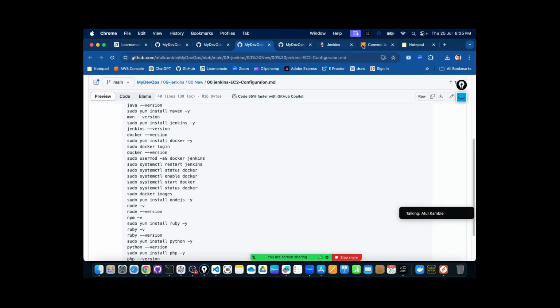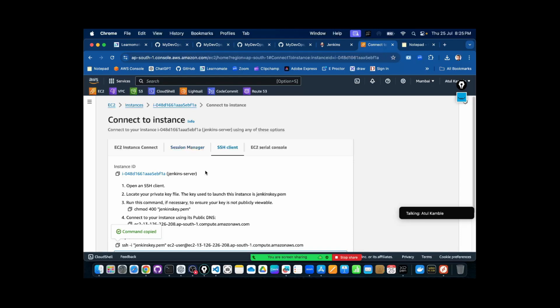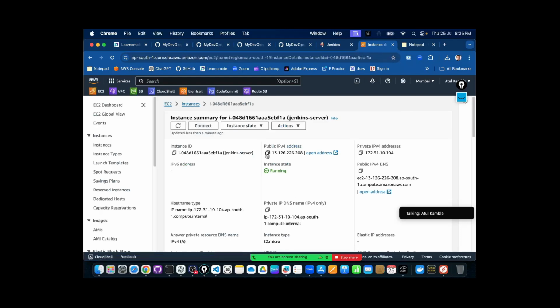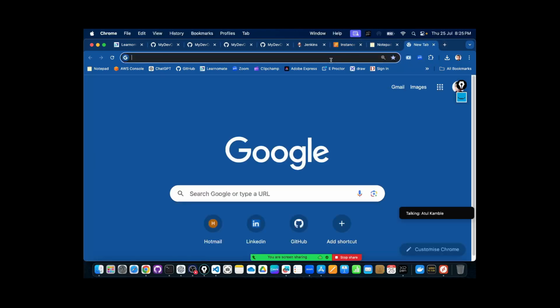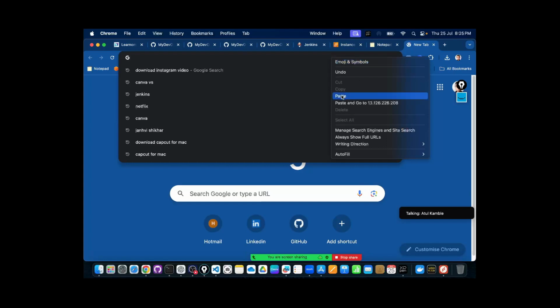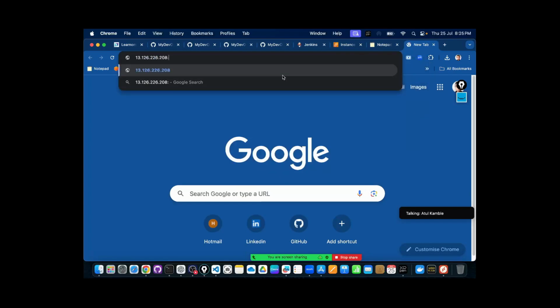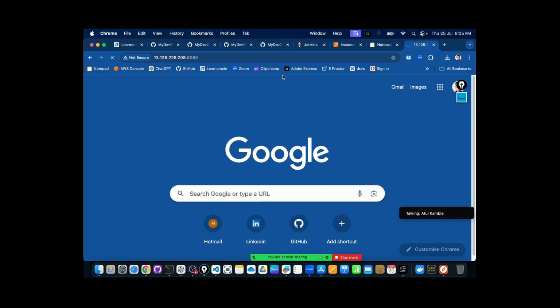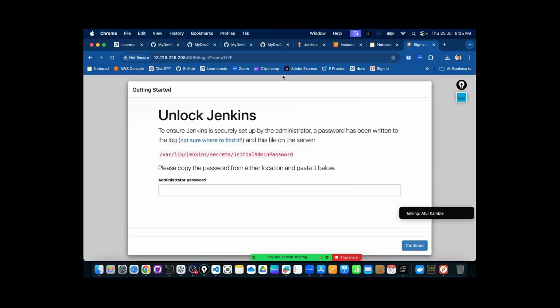Now what I will try, I will just copy the public IP of this instance and combine it with the port number 8080 and cross check for the Jenkins server here. If you have added the security group permissions, then only this server will be visible to you. So right now you can see that here is the option to unlock Jenkins and it will ask for the administrative password,